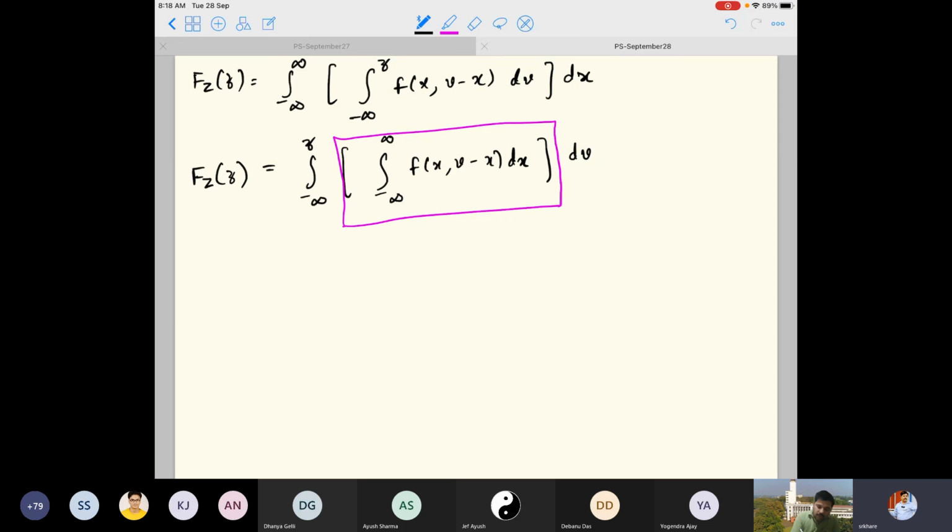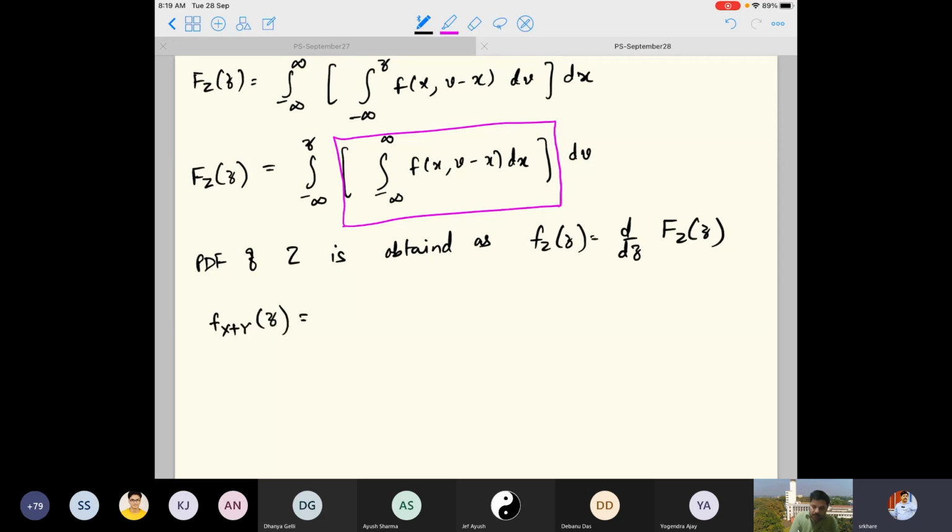So what is the PDF? PDF of Z is obtained as f_Z(z) is equal to d by dz of capital F_Z(z), and if I do d by dz, what will I get? f_Z(z). So that f_Z(z), for X plus Y, is basically the integral from minus infinity to infinity of f of x, v minus x, dx, for minus infinity less than z less than infinity. You can take any value of